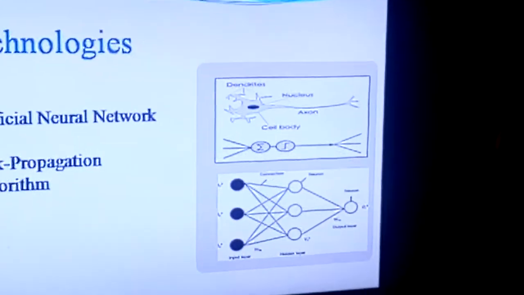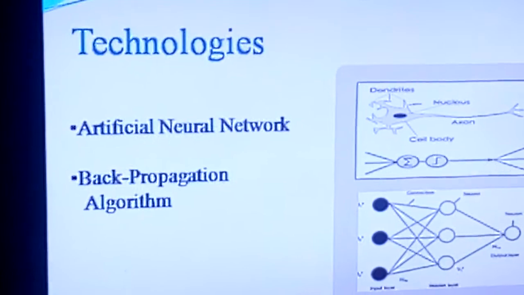Now our technology. Here we use a backpropagation algorithm. The backpropagation algorithm is under artificial neural network. So first we want to know what is an artificial neural network. Actually, an artificial neural network is a simplified model of biological neurons. Here we assume